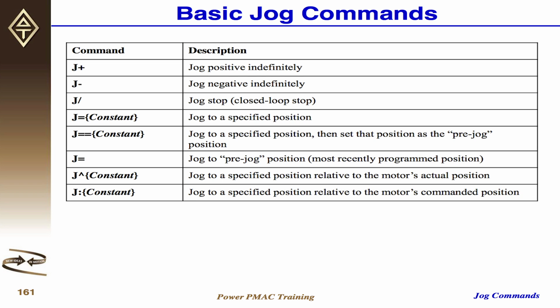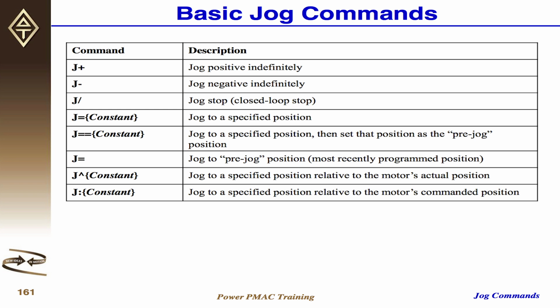And then you have J caret and J colon. Those are incremental jogs. J caret will command an incremental move relative to the motor's actual position, and J colon will issue an incremental jog relative to the motor's commanded position. What that means is, if you issue pound 1 J equals 1,000, you're commanding the motor to go to 1,000 counts. But your motor isn't perfectly tuned, or maybe you're just impatient and don't let it settle. So the actual motor stops at